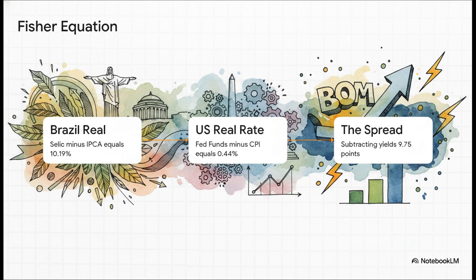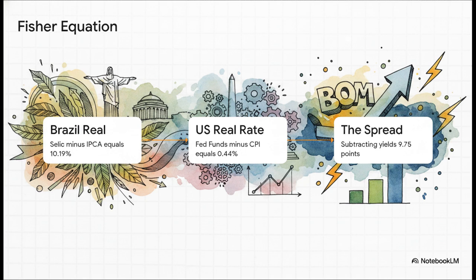Step 1. In Brazil, with a Selic rate of 14.75% and inflation at 4.14%, the actual real rate sits at an impressive 10.19%. Step 2. Over in the US, with a Fed funds rate of 3.75% and inflation at 3.30%, the real rate is a tiny 0.44%. Step 3. Subtract the US rate from the Brazilian rate, and boom, you get our massive spread of